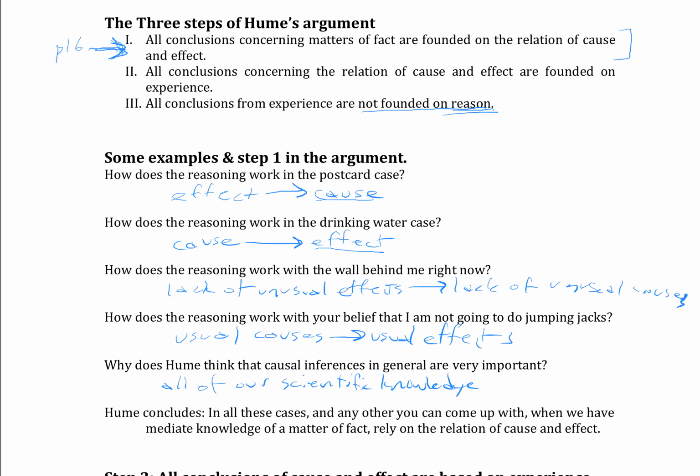Okay, and so we've seen a number of examples of inferring from effect to cause, from cause to effect, from a lack of unusual effects to a lack of unusual causes, and from the usual causes to the usual effects. But we still haven't gotten the conclusion that all conclusions concerning matters of fact are based on the relation of cause and effect. How, given these examples, does Hume get to this conclusion? Well, on page 17,